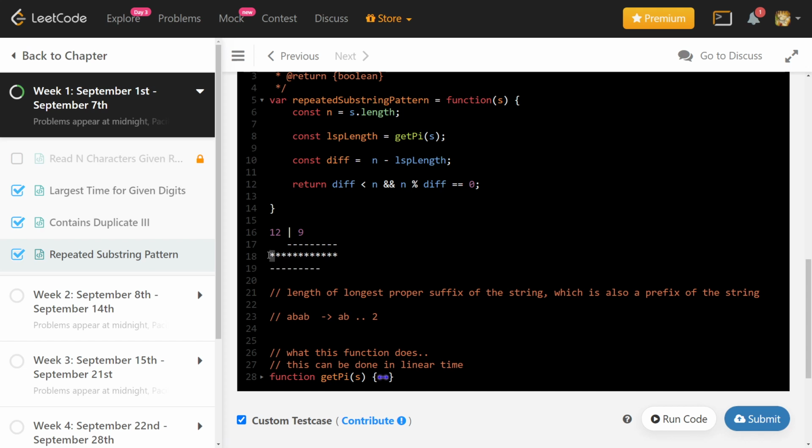So if this star was, let's say, A, then this star will also be A. If this star was B, then the next star will also be B. So let me fill all those stars: 6, 7, 8, 9, 10, 11, 12. Because I know that this is equal to this, if I put anything here, it has to be here as well. If I put anything here, let's say X, then this has to be X, because the LSP function is giving me that it is equal.